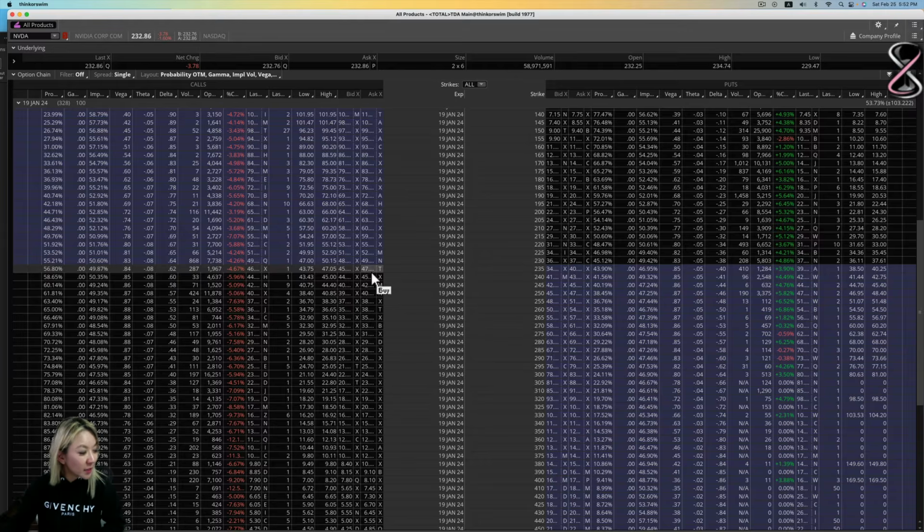These are too expensive. I can't afford these. Well, how far can I go out with a high probability of your strike hitting in the money? All you have to do is look for 25 delta, right? Look for 25 delta and try to get inside this area if you're swinging long,